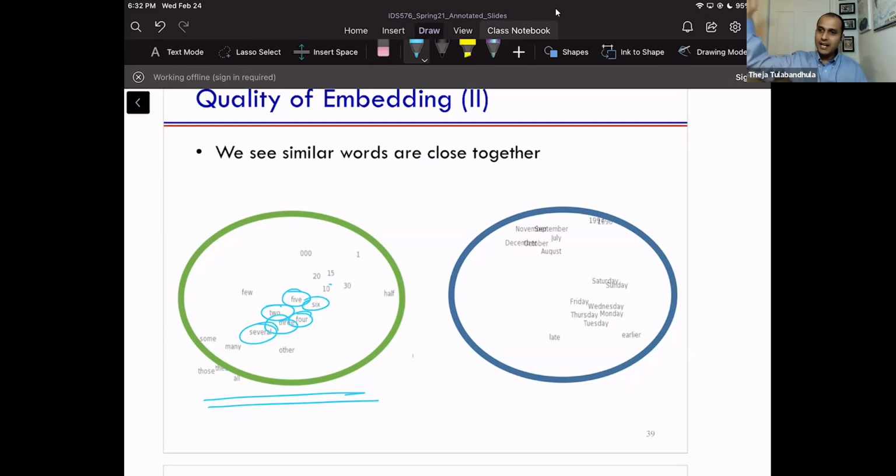So the hope is that even in the high-dimensional space, for example the 300-dimensional space in the case of Word2Vec, they may have vectors which are neighbors of each other in the same neighborhood. Similarly, you can see that days of the week are here and months are here, and then maybe other things. Things which are not exactly days or months are also there, but maybe they indicate time. So that's a way to at least look at whether my embeddings are good or not. And it's not like you may have to only work with word embeddings. So here's a nice example of a very different domain, which is recommendation systems.